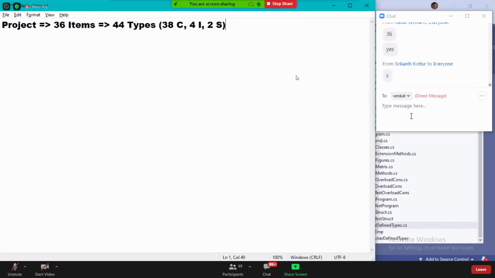These are the things we have developed since we started with object-oriented programming. From the day we started with object-oriented programming, this is all the code we have implemented.